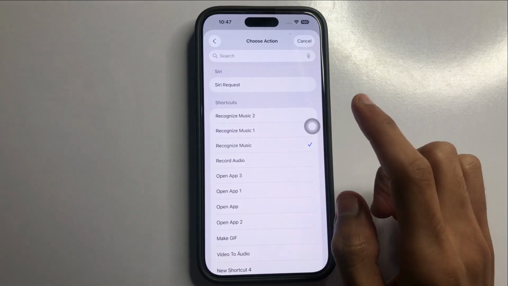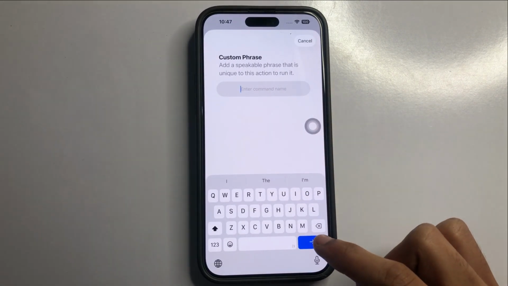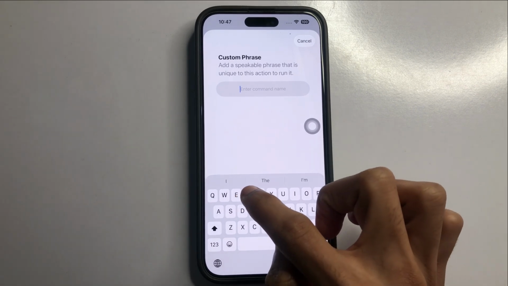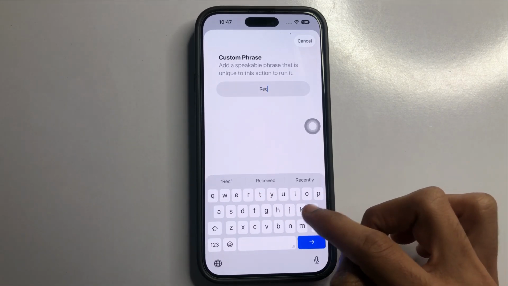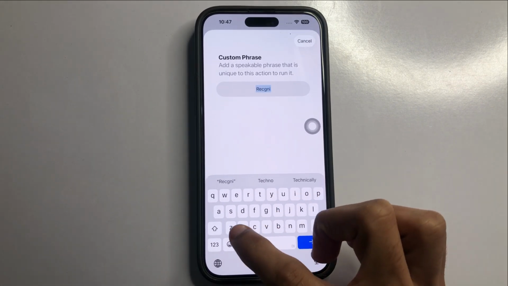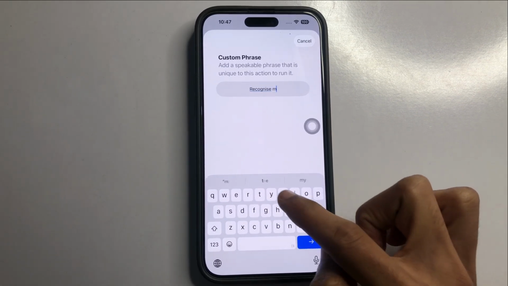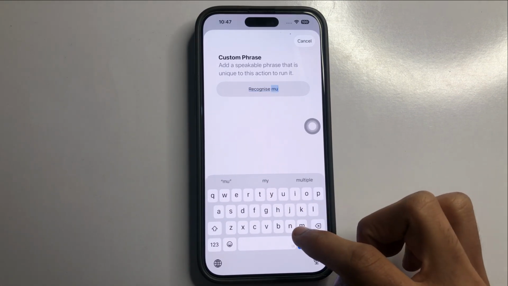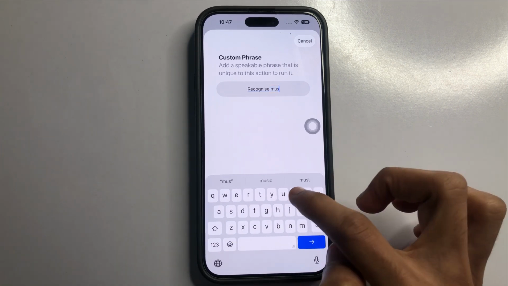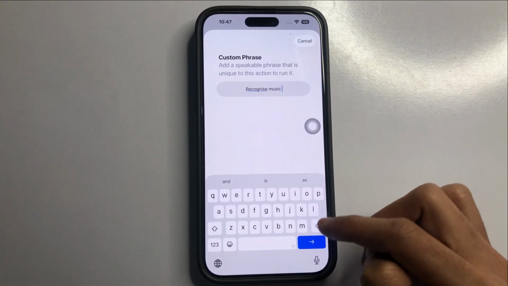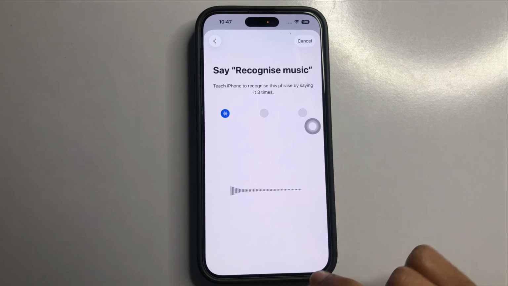Recognize music. So type recognize music. So click on this icon, say recognize music,